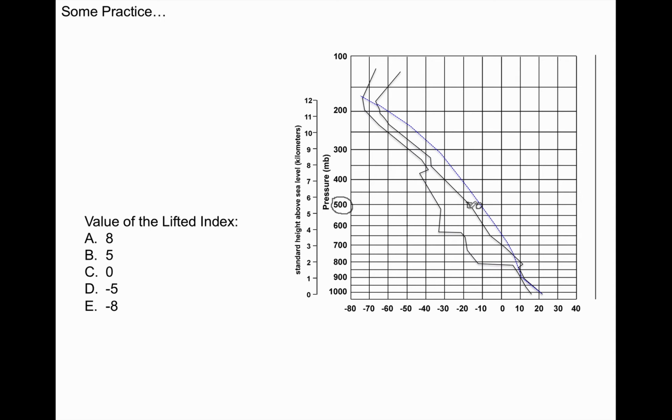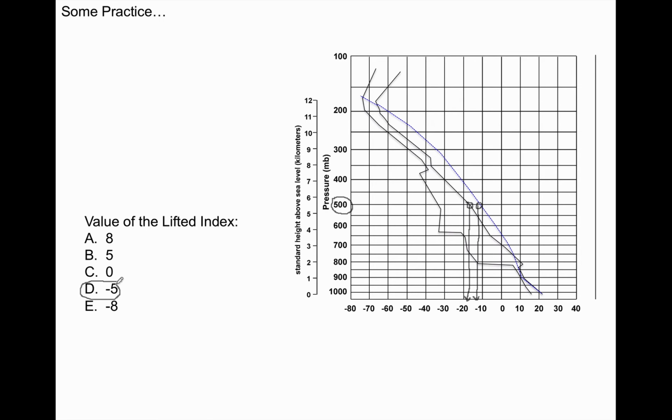Now, the environmental temperature, if I just kind of bring this down, straight down here, is somewhere right in through that area. We'll call that minus, I don't know, minus 18. We'll start with the parcel and come straight down. Sorry, it's hard for me to draw. We'll go right there. We can call that about minus 13. So minus 18 and minus 13. So minus 18 minus negative 13,